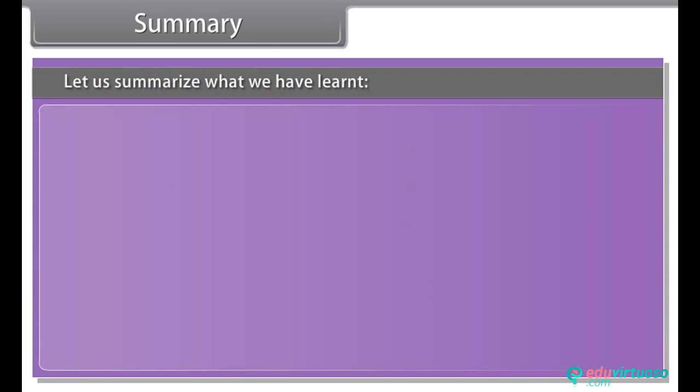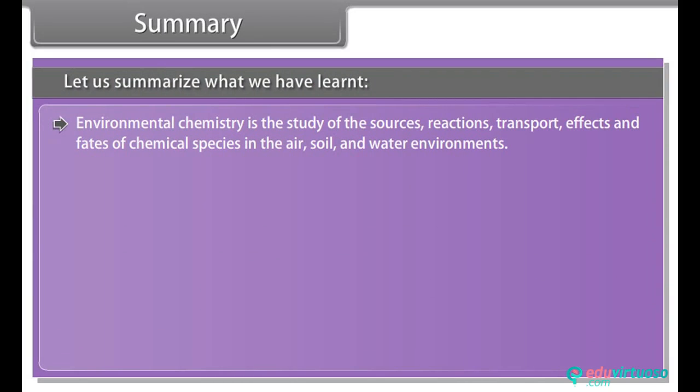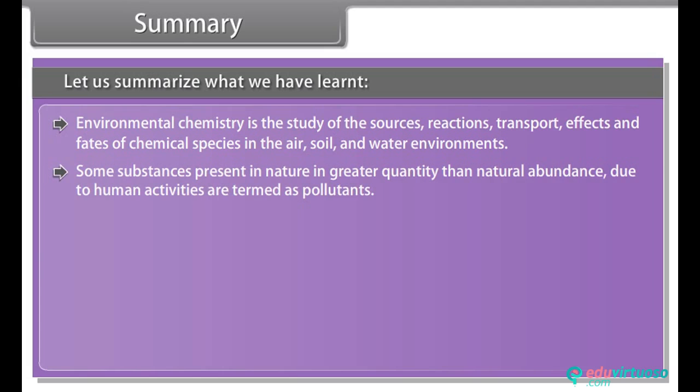Summary. Let us summarize what we have learned. Environmental chemistry is the study of the sources, reactions, transport, effects and fates of chemical species in the air, soil and water environments. Some substances present in nature in greater quantity than natural abundance due to human activities are termed